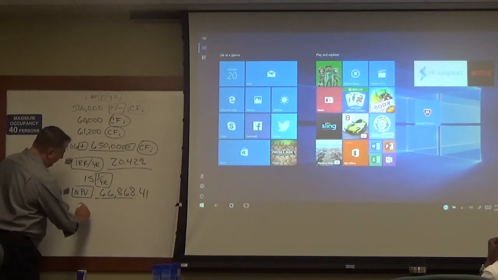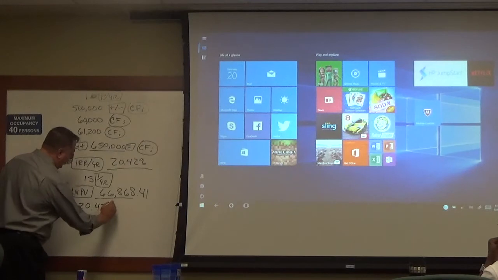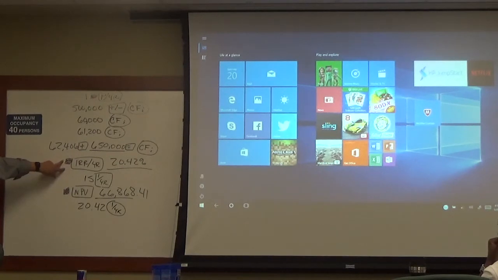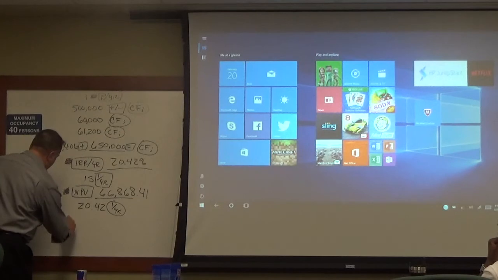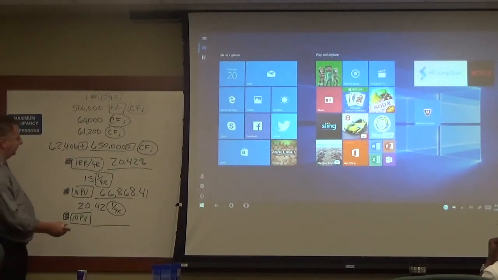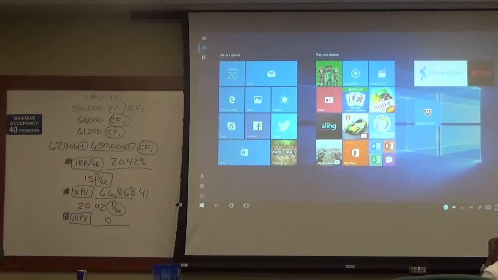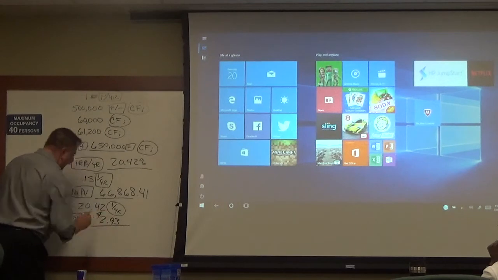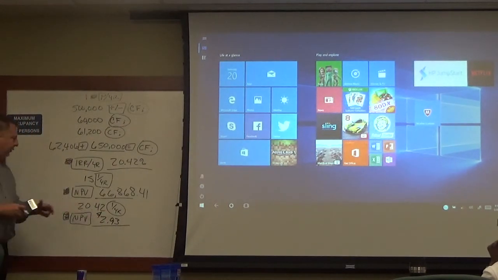Now, if we put in 20.42 as our interest rate, which happens to be our internal rate of return, and we now solve, you should get something pretty close to zero. Okay, let's do it myself. You get like $2, yeah, $2, not 2%, but $2.93 as your net present value. And that's just because of rounding. It really should be